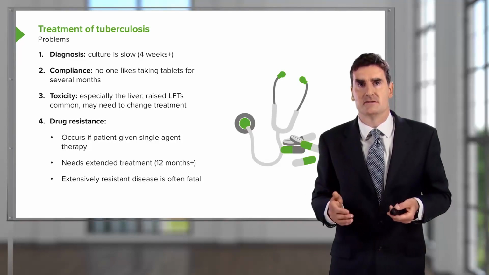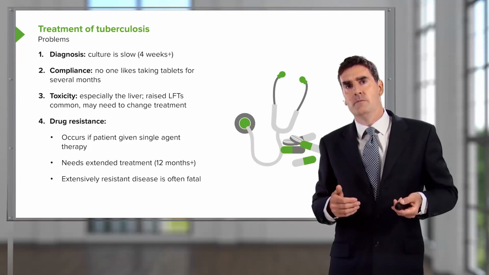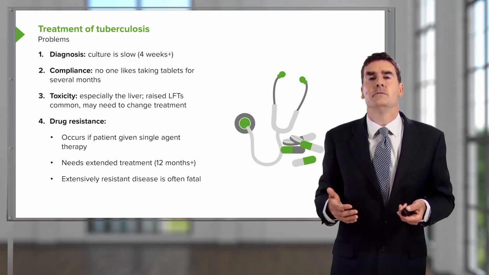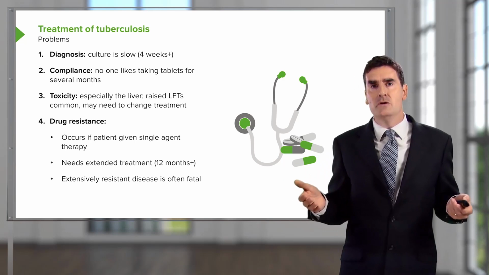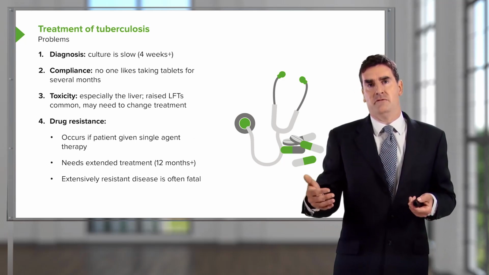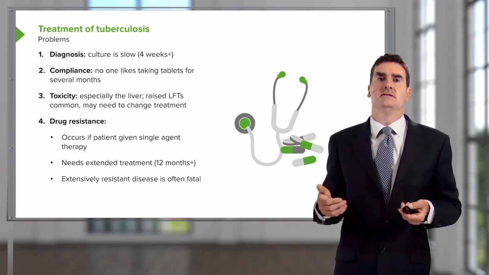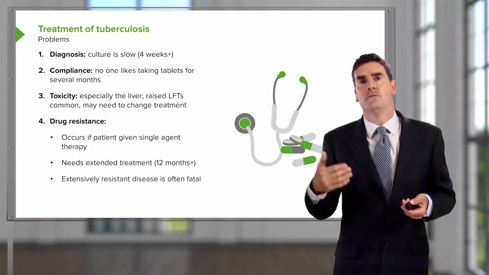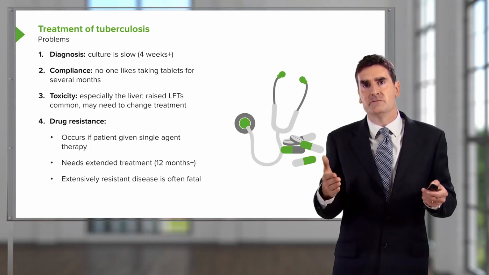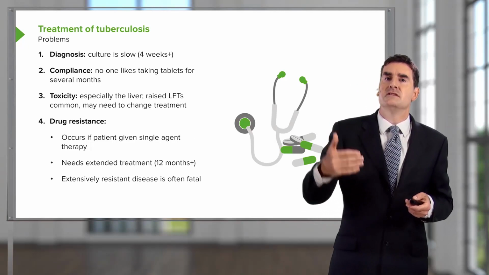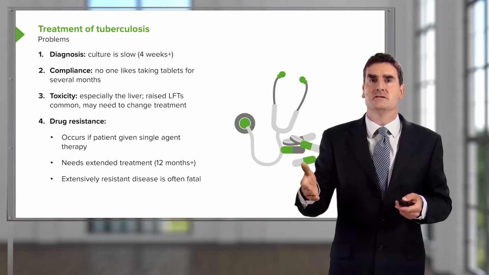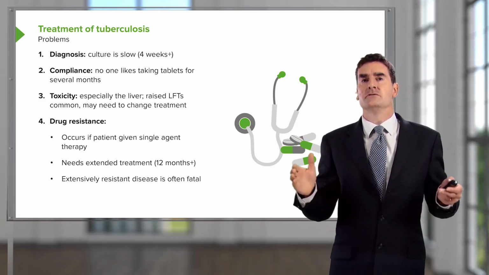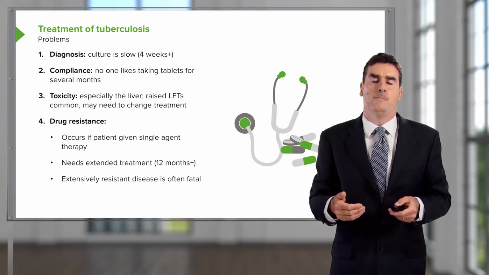And the last is drug resistance. This is a problem if the patient is given single-agent therapy. When we first developed therapies for tuberculosis in the 1950s, only one agent was available, and treatment with that led to patients developing resistant disease very quickly. So this is why we give the patient 4 drugs to start with, to prevent resistance developing. If resistance is present to one agent and you give somebody 4 drugs, then that will prevent that resistance increasing to affect the other drugs as well.